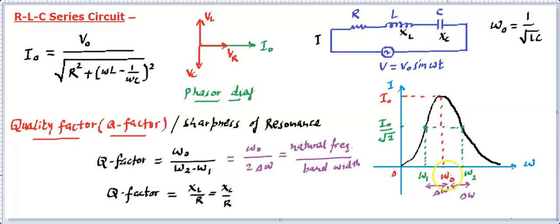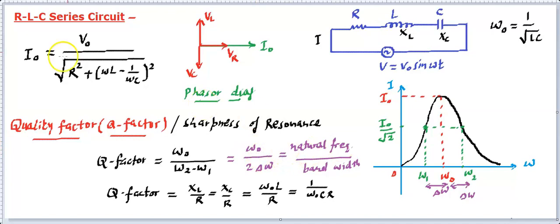The resonance frequency has to be used, because at resonance frequency XL and XC are identical. So you can write it as omega naught L upon R, or 1 upon omega naught C R. That's going to be identical. Now, if you are interested in finding how this came, from an examination point of view, if you remember this, that's okay. But if you want to know how this came, this is the formula, right?